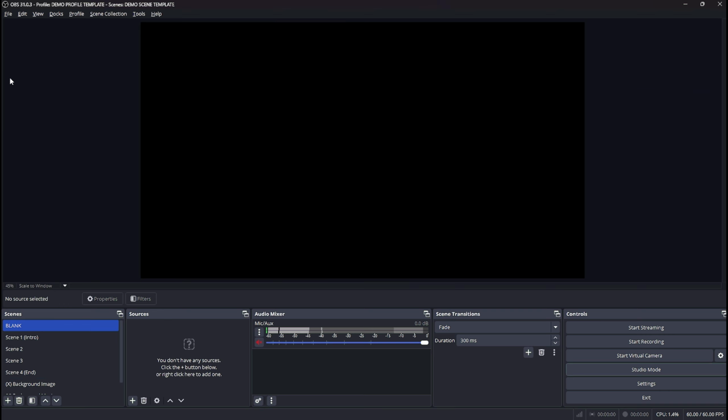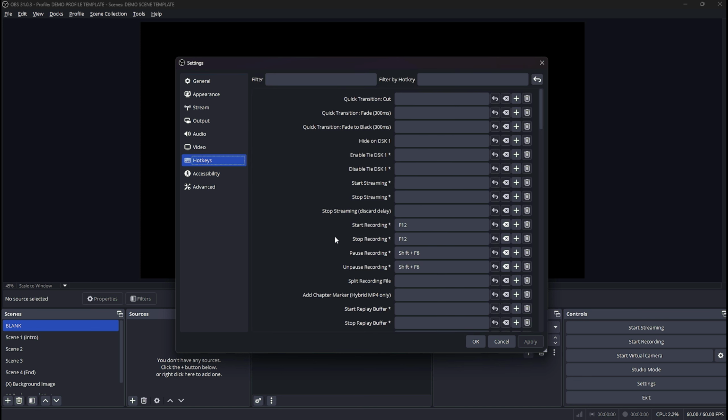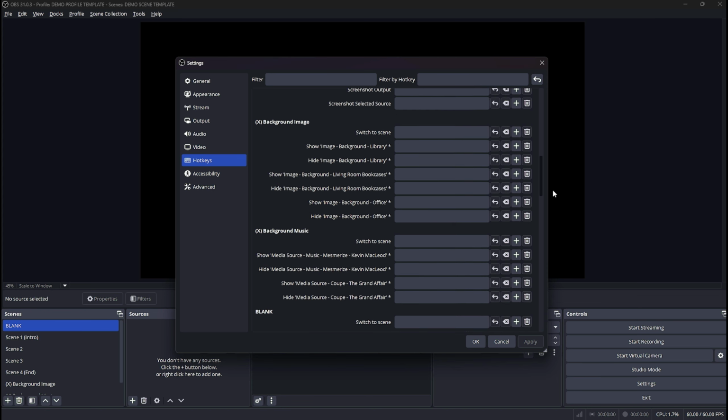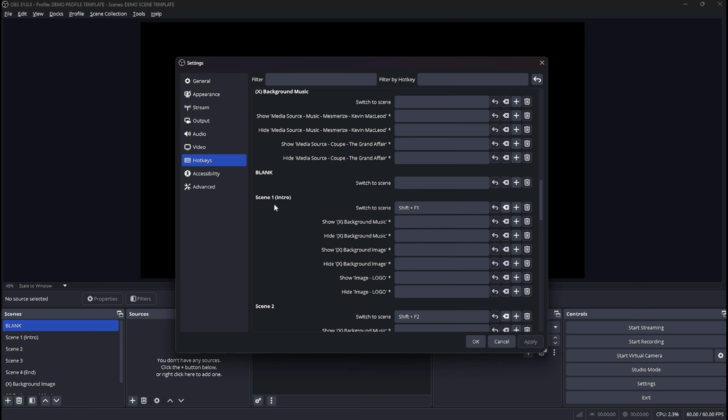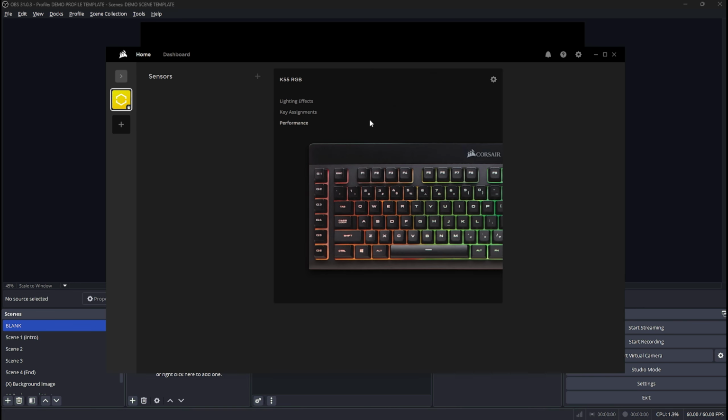And I can also go into my profile. If I'm using a hotkey, and I go down to hotkeys, and there we are. And I can set up my scenes with my hotkeys. Transition, let me go over here to my keyboard. I have a IQ control keyboard,